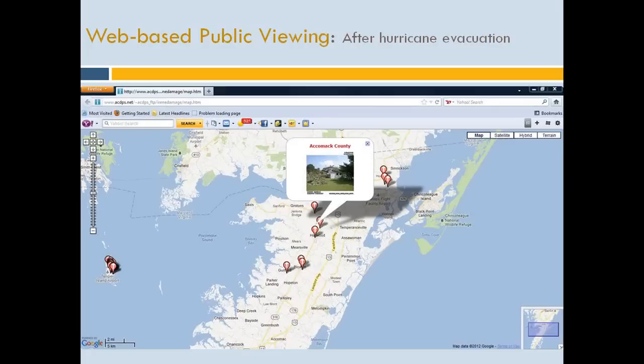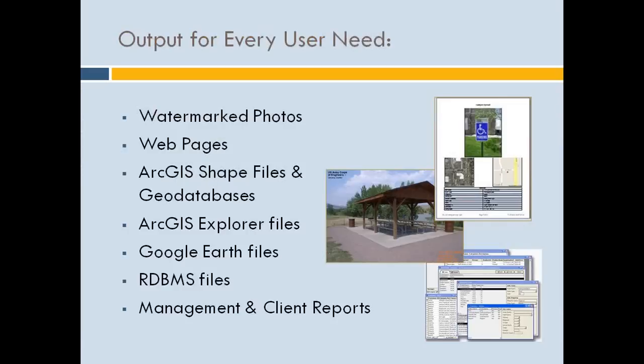Here, Accomack County, Virginia uses our system as a public website to provide information on hurricane damage, and I believe this is specifically showing hurricane damage from Hurricane Irene, the last one to go up the East Coast. So to recap,